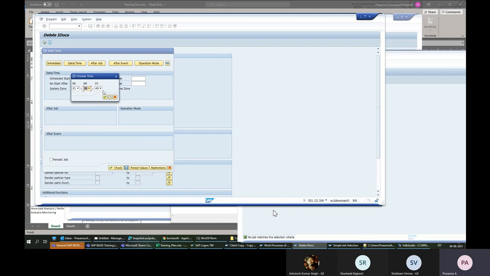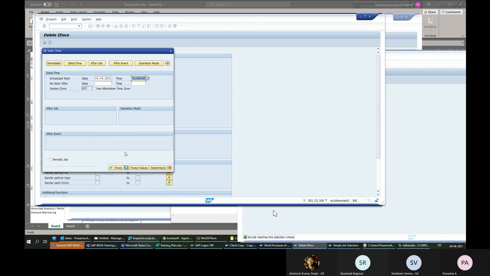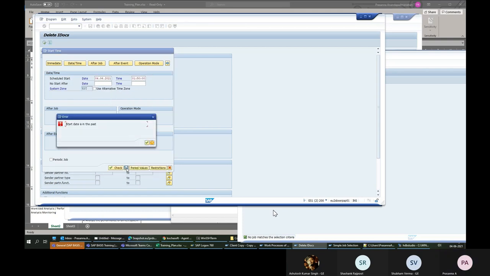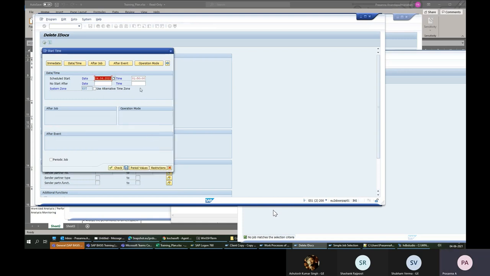I'm saving it. Start date is in the past. I think the time has crossed, like I scheduled for 1:52. Or I think it's because of the time zone.